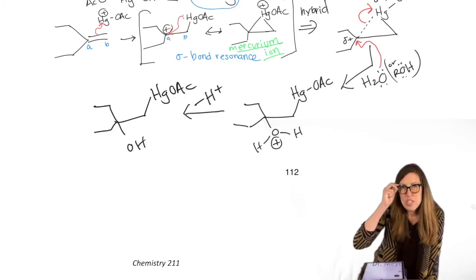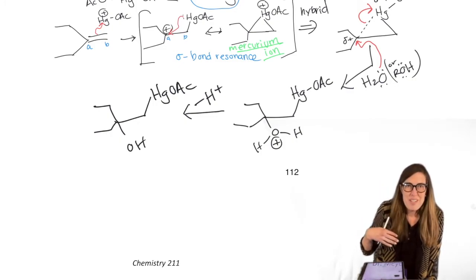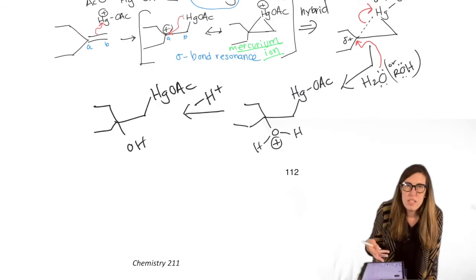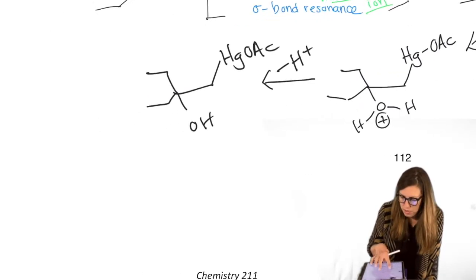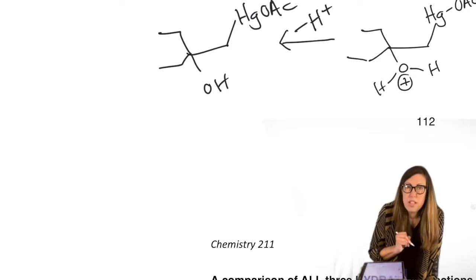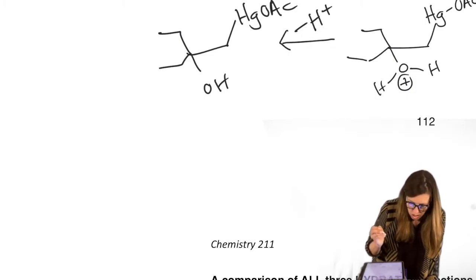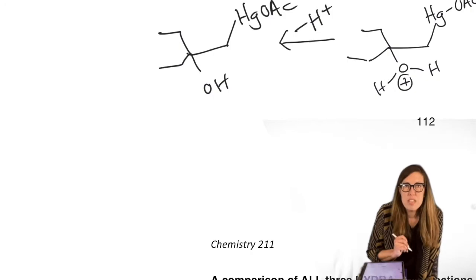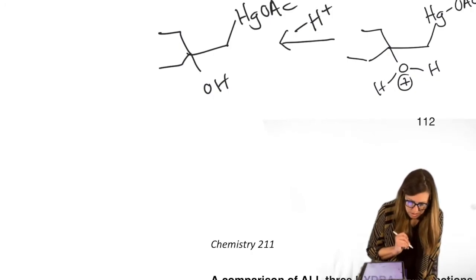We still write out that structure, and you say, how hard is it to write 2 more arrows? It's not really that issue. They build up over time, and the longer the mechanisms get, the nicer it is to have a little shortcut over something that becomes tedious if you know it very well, right? But if you still feel uncomfortable doing that, you can write out the steps. That's not wrong to do. Okay, so minus H plus just means we neutralize, okay? Never be allowed in exam 1 or 2, but now we're getting to the point where we need to see the meat of the argument rather than all the little other details that we already know.